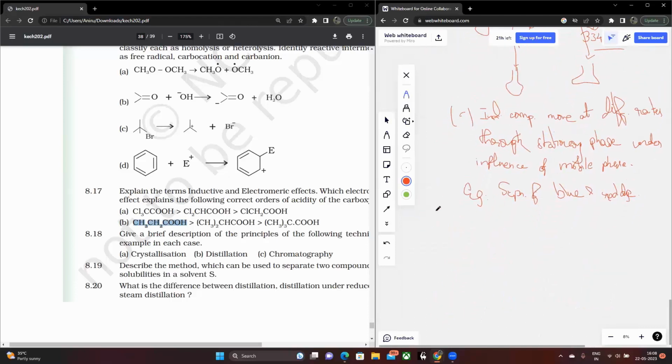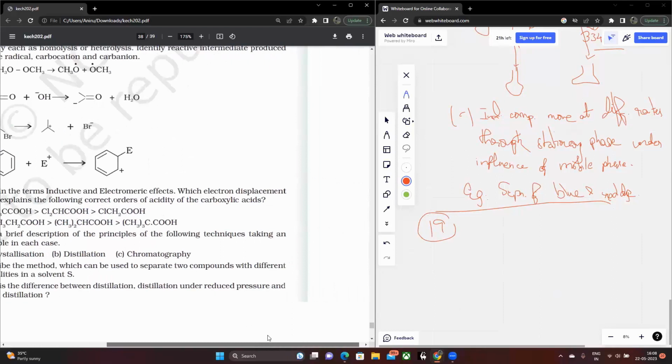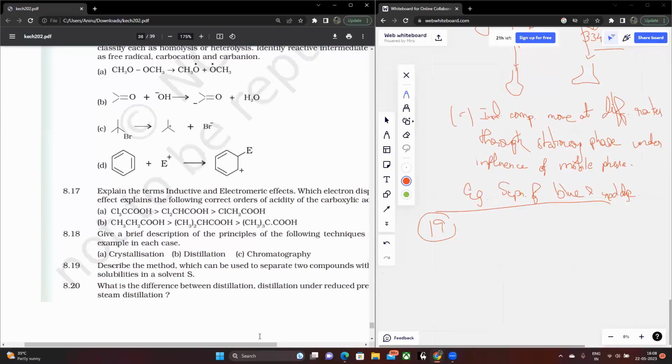That takes care of question number 18, right? Question number 19 is: describe the method that can be used to separate two components with different solubilities in a solvent, right? This is basically the principle of fractional crystallization,